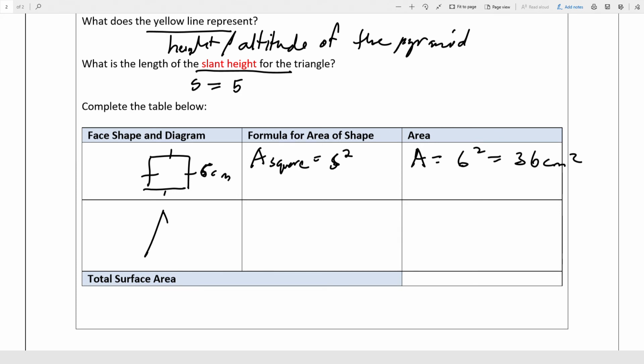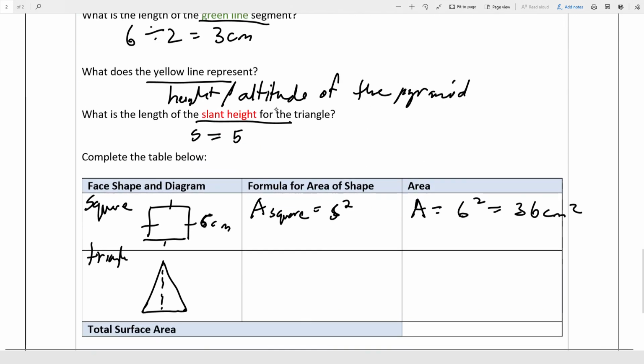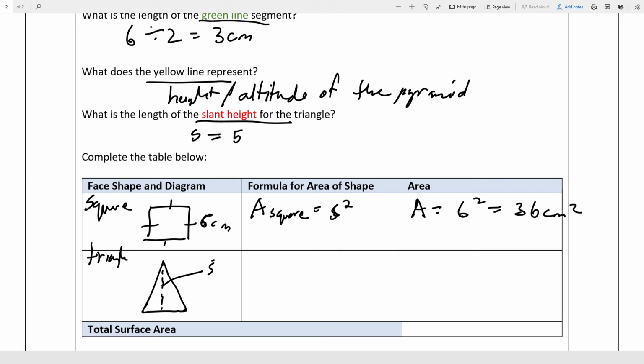And then the other shape is the triangle. Square, triangle. And then we have a height. And this height is not the height of the pyramid, but again, the slant height, because the height of the pyramid is different from the slant height. See, the height of the pyramid goes from the top of the pyramid to the center of the square, which is not the height of the triangle. The triangle is slanted, so therefore you need this height, or that length. And that length we calculated as 5 using Pythagoras. So here we have 5, and then the base here is going to be 6